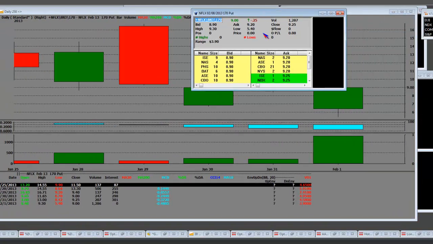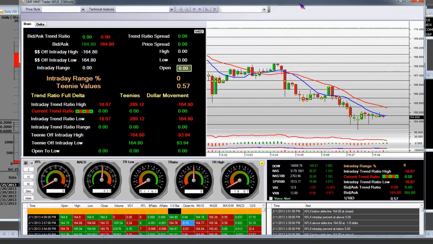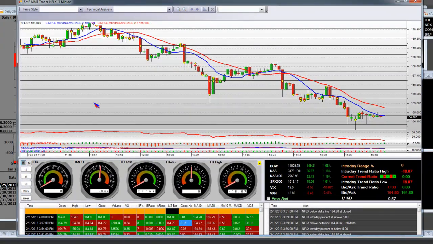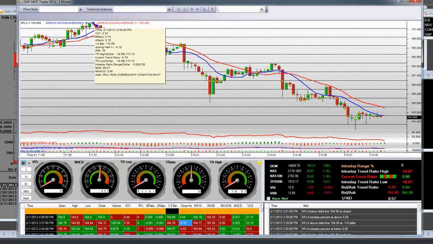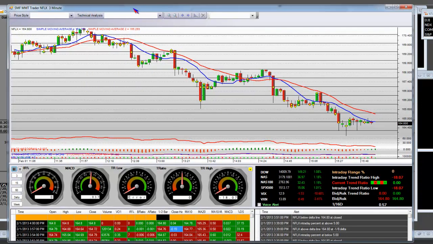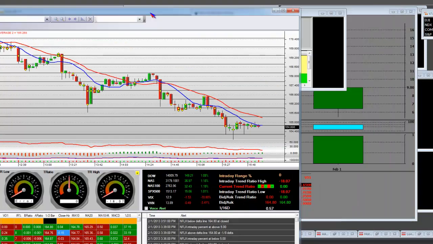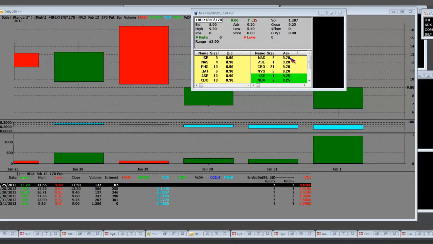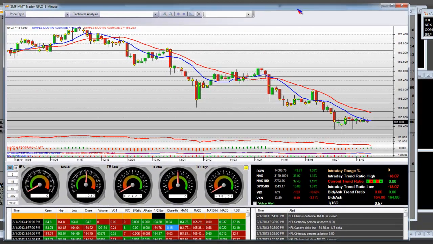As far as you're buying down here, so when Netflix has a reversal intraday, and here's what an intraday reversal looks like on Netflix, that when Netflix is hitting the highs up here at 170 on our 3-minute chart here, but intraday we're going all the way down and making all the way lower lows, the 170 put pays and has paid. So has the 180 put and the 175 put, and that's based on Netflix being a very strong stock, up